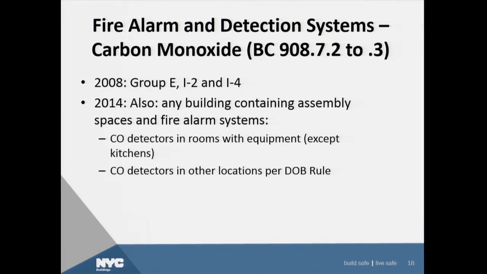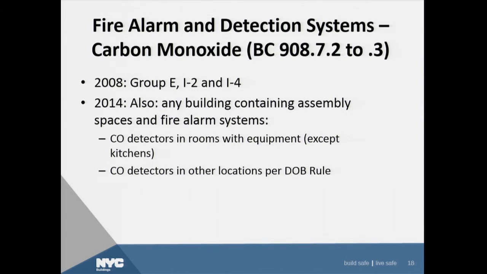Okay, so in the 2008 code, we required carbon monoxide. We're now 908. Carbon monoxide detection systems in E, which is education, I2, hospitals and nursing homes, and I4, which is certain kinds of child care, adult care, I can't remember, I4. So institutional. In 2014, there was a local law enacted by the council, which will become effective in 2014 with